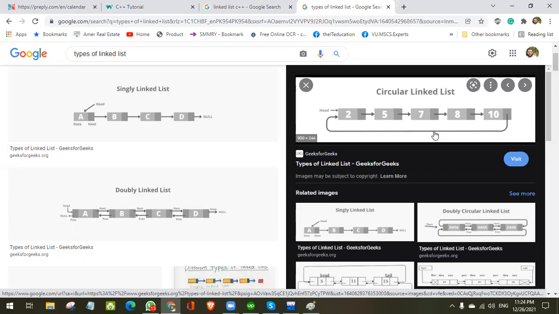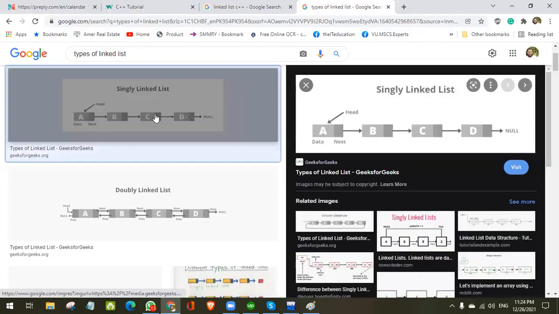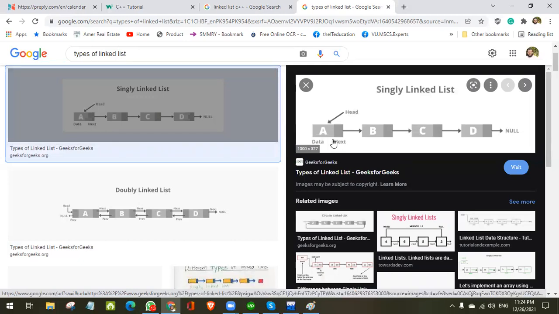You were talking about something. Like for example, you say, Mahmoud, I want you to create me a linked list. First, I want you to master a single linked list. Then I want you to create one. For example, if you are going to create a linked list, first of all, you will have to select which one. For example, I asked you to create a single linked list. So you will start from your structure definition.